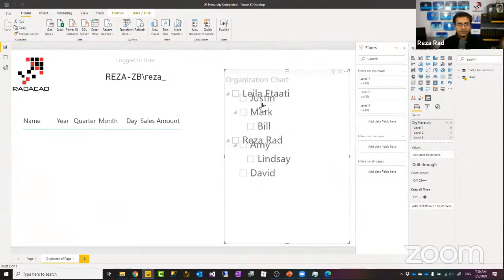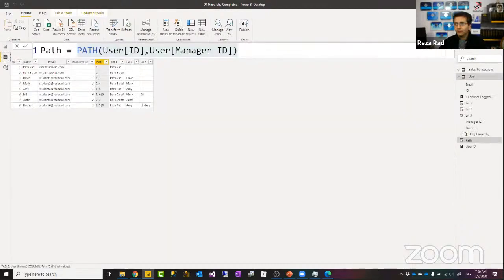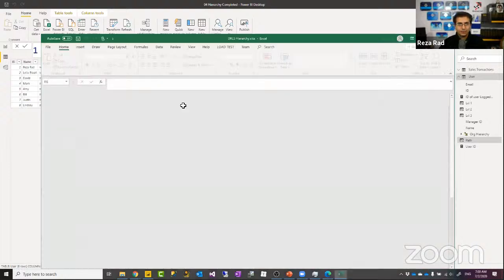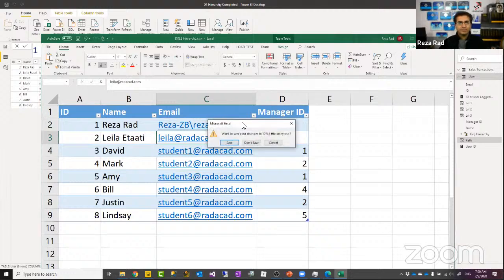Okay, now you see this is the entire hierarchy, right? My user account should be different. No, it is not. So I'm going to just update it. So I'm going to use this local account, refresh it.